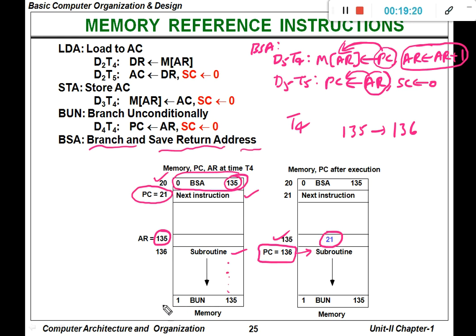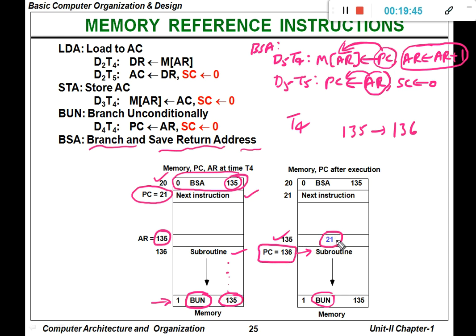After the execution is completed, we are going to include one more branch instruction. That particular instruction is not branch and save return address, but branch unconditionally. Whenever there is a branch unconditionally statement, we have given the address location. What is that address location? 135.